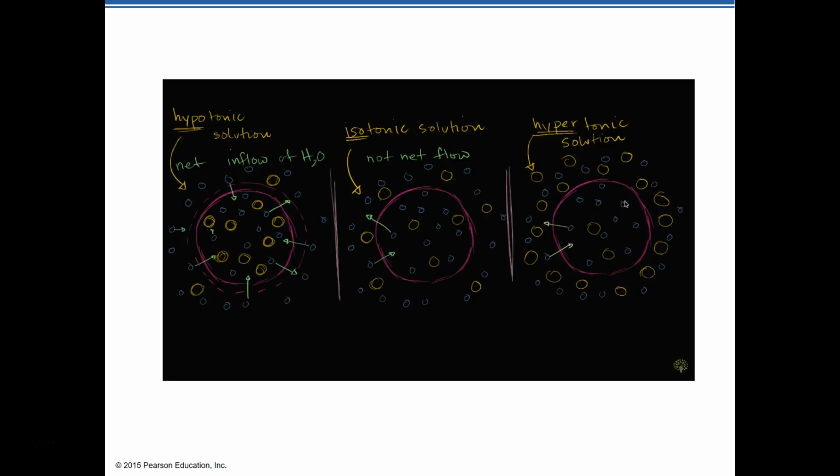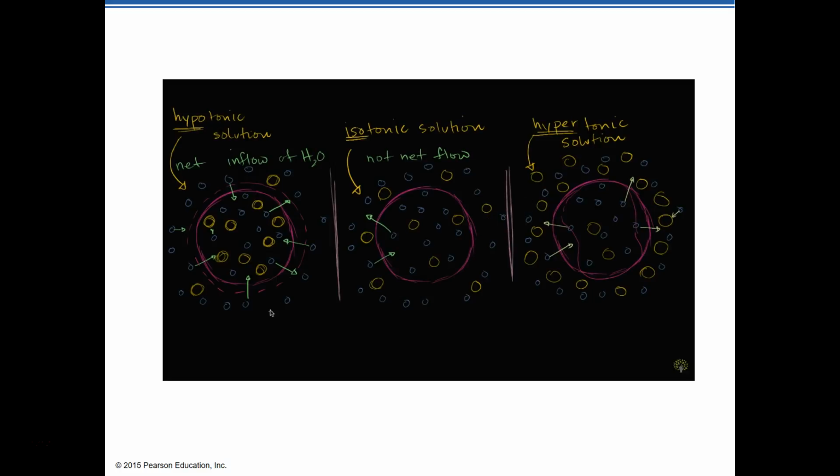You have a higher probability of things going from the inside to the outside than from the outside to the inside, because they're going to be more obstructed. And so they're going to be held back, I guess, in different ways. So in this situation, you're going to have the water escape the cell, and the cell actually might shrivel up. Since it's going to lose that pressure from the water, the cell itself might shrivel up in some way. And you can actually see this in actual living systems.